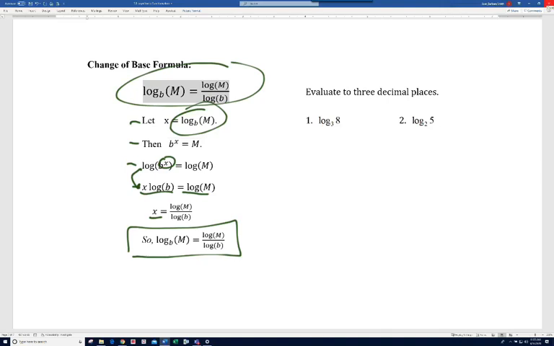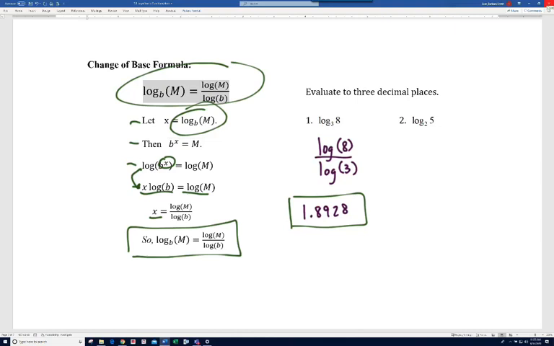All right, so let's go ahead and use this now. It says evaluate to 3 places log base 3 of 8. So by the change of base formula, this is the log of 8 over the log of 3. Now when you put these into your calculator, you want to be careful. I would recommend that you put parentheses around the numbers here. So put that into your calculator. You should get